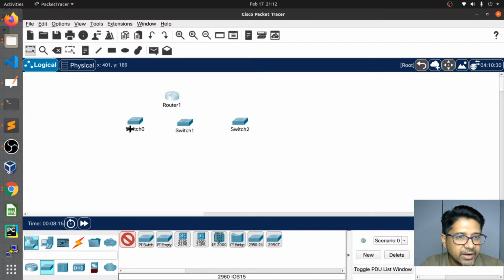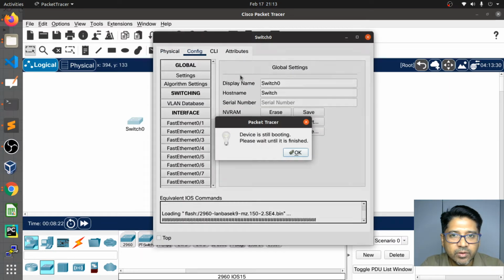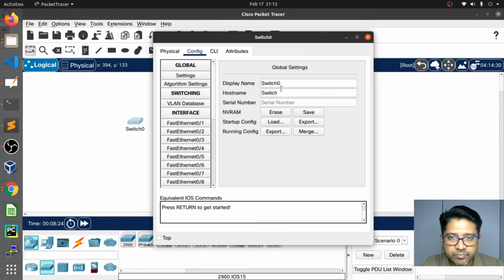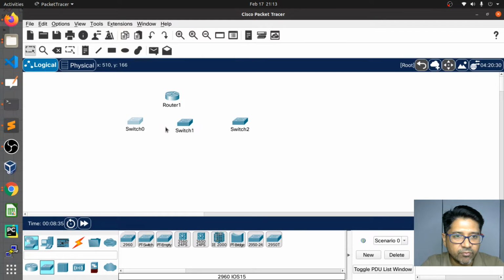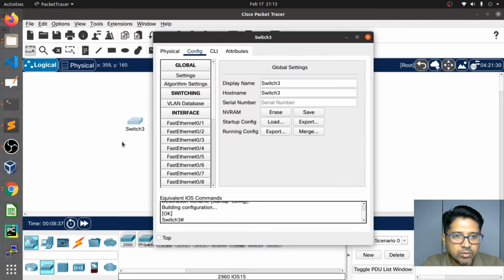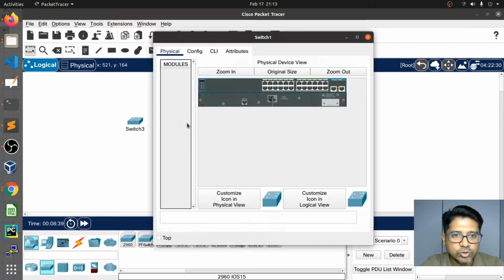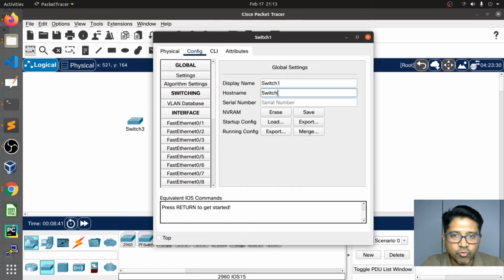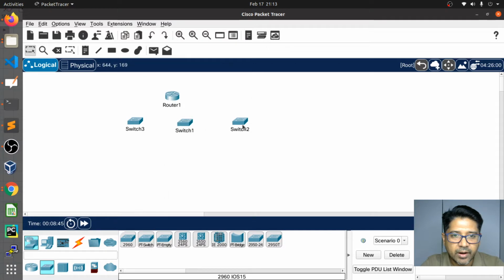I'm going to give the name. I don't want to keep 0 as a name, so I'm going to name this switch 3. This is going to be switch 3. We have 1 and 2. I'm going to save the host name. I will click the same way for all. Okay, and I'm going to do the same thing for all. Switch 1, save it. Now switch 2,